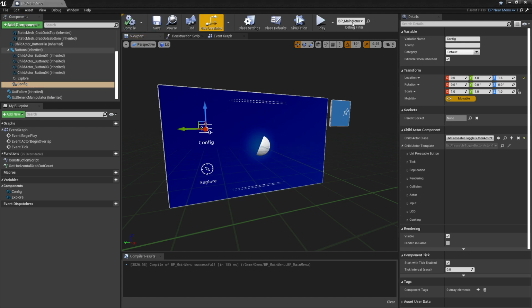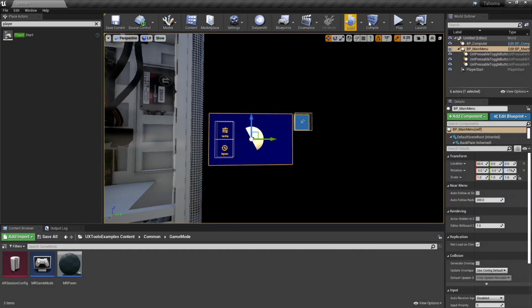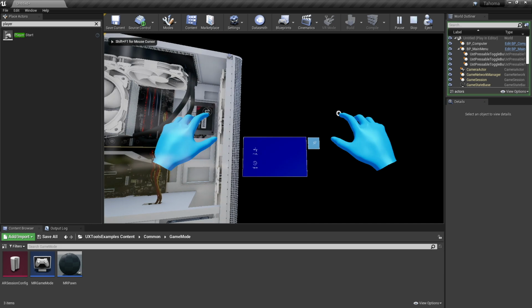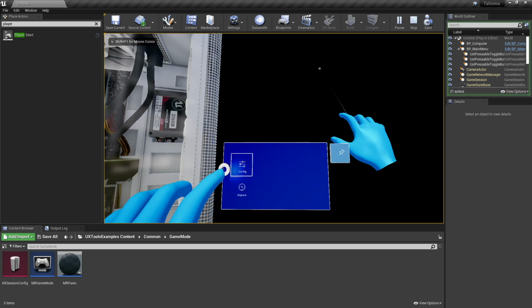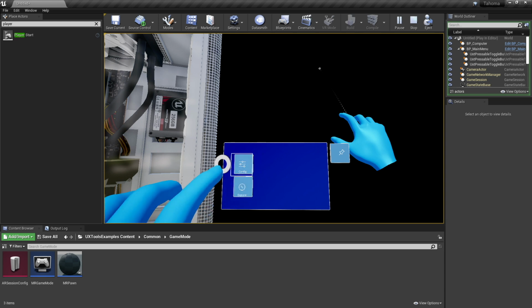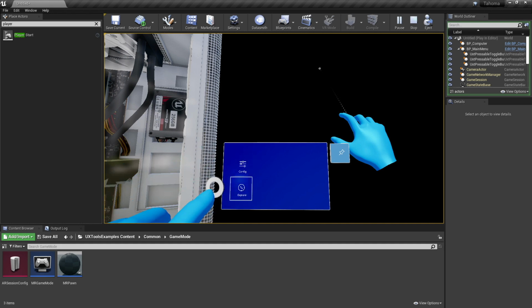Let's compile, save, and hit play. And you can see how toggle buttons are different than normal buttons. Now when I press these buttons, they get this light blue backplate on them, and that's exactly what I want to relay to the user that this button is toggled on. But one problem is both buttons can be toggled on at the same time or toggled off, and I always want to have one button on and the other button off.